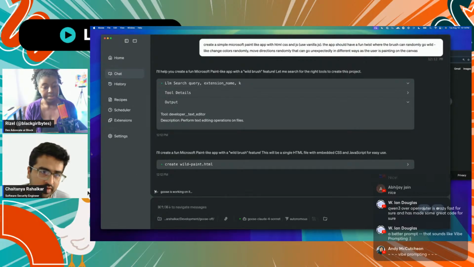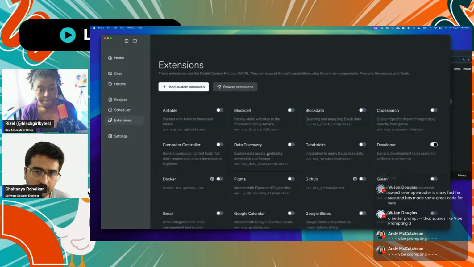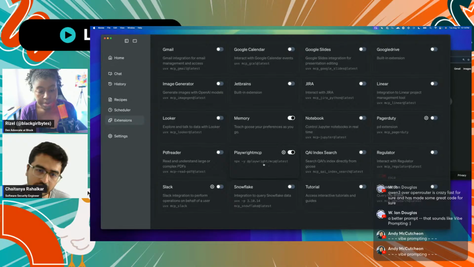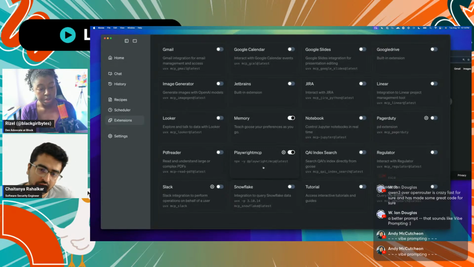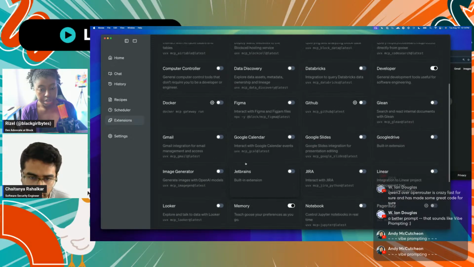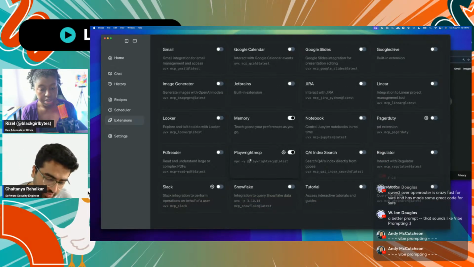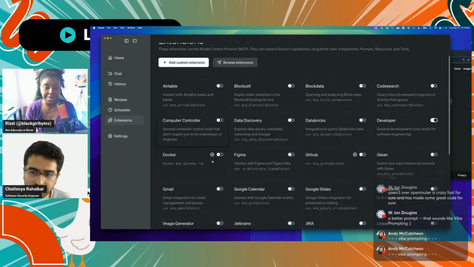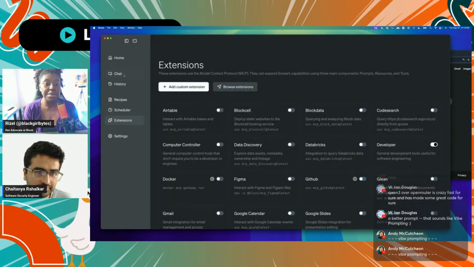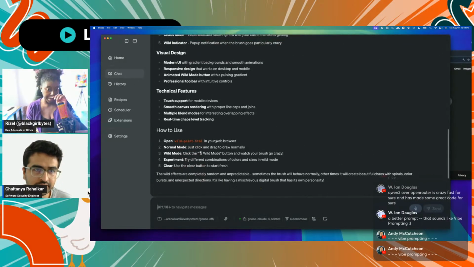And I have enabled a couple of extensions here. One thing that I'm gonna try this time is using this Playwright MCP. Once it's done coding the application, it's also going to test it with it. And it's also going to take screenshots for us to make sure that it's looking good. It's just going to create a recursive loop where it'll continue to iterate on the app as it's building it. Okay, let's go. I like your idea. I never even thought of using the Playwright MCP server for this.